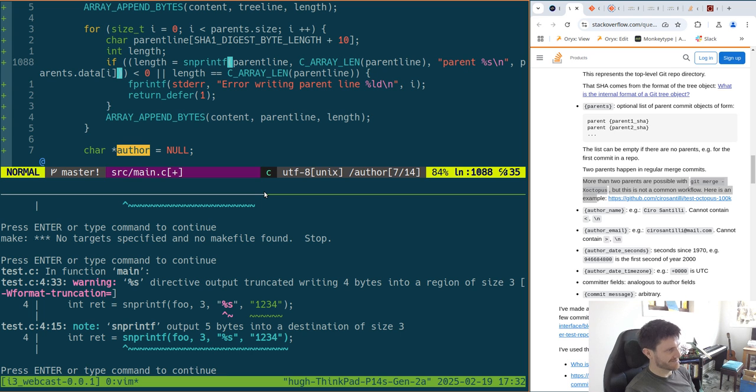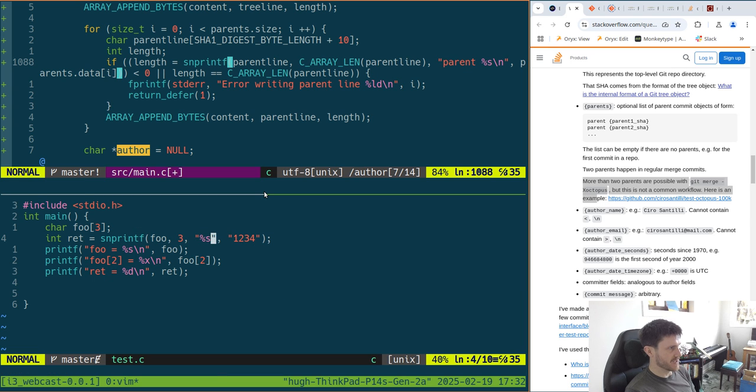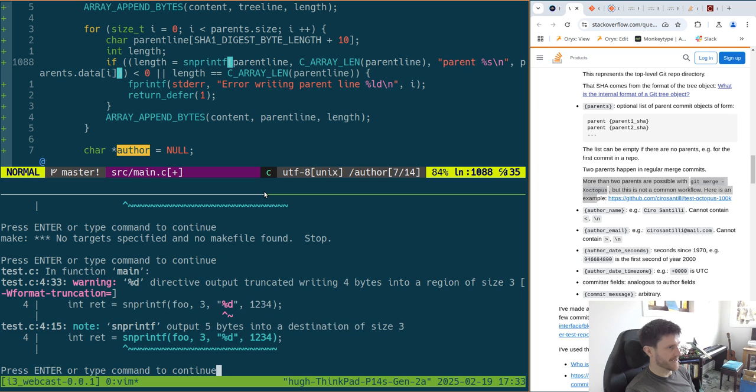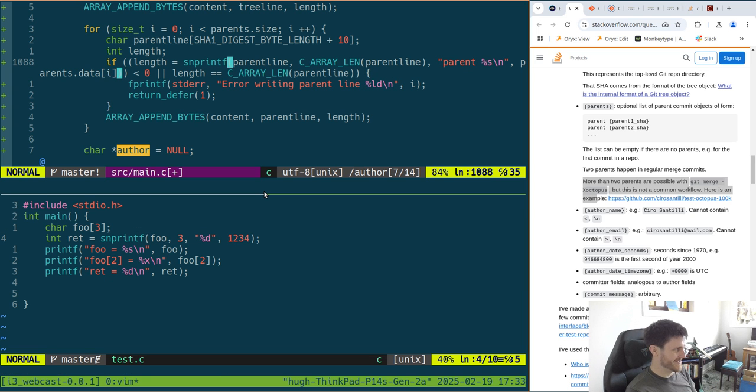Just do it. How do we do this? Can we say the decimal and you just know it's a warning, so that's all right. So it shouldn't be outputting 5 bytes. It should return with